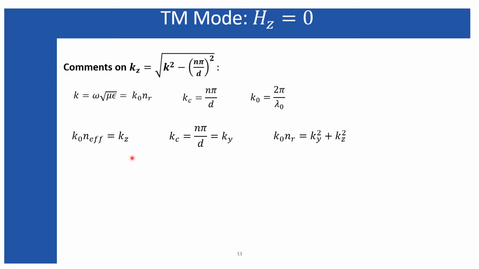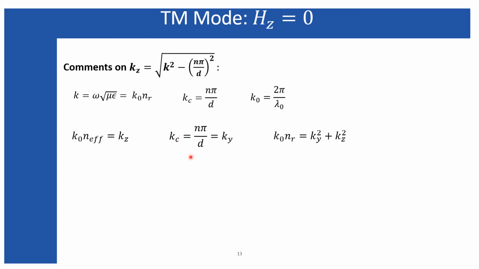Let's define the wave number along the z direction in a different way. As I have defined, k is equal to k naught times the refractive index, and the refractive index is that of the material filling the medium between the two parallel plates. In a similar manner, kz can also be defined as k naught times some effective refractive index of the medium. Since this effective refractive index exists in the expression of kz, it is the effective refractive index experienced by the wave when it propagates along the z direction. So that effective refractive index is only for the z direction.